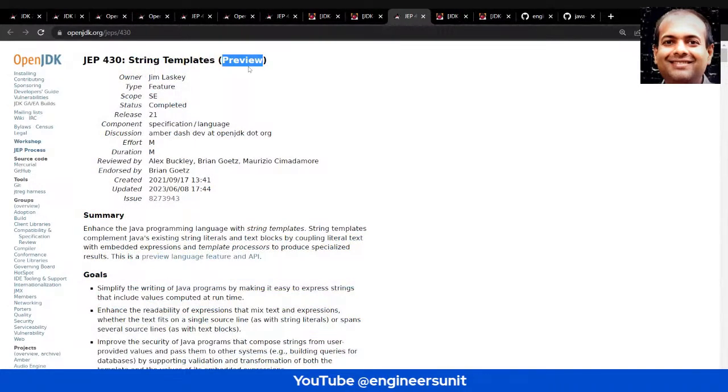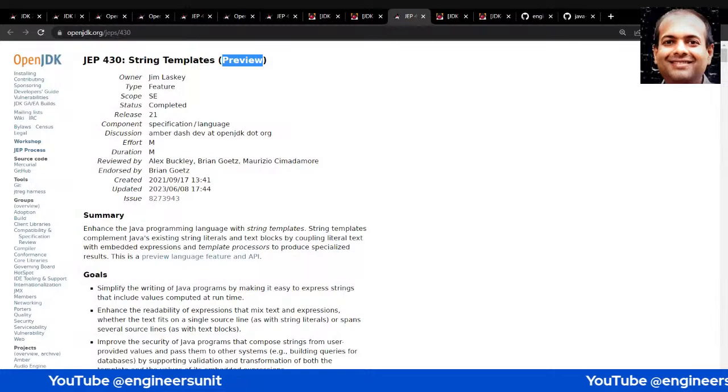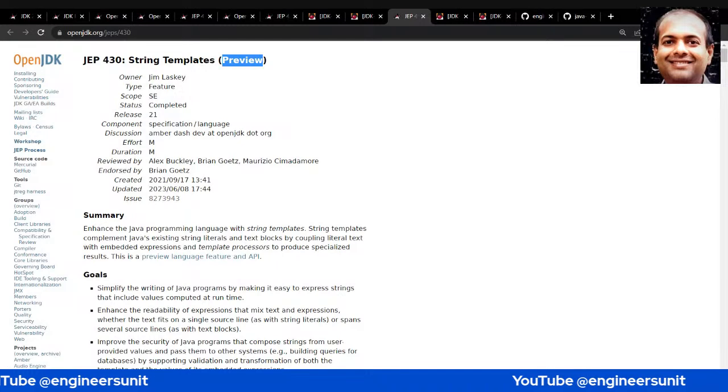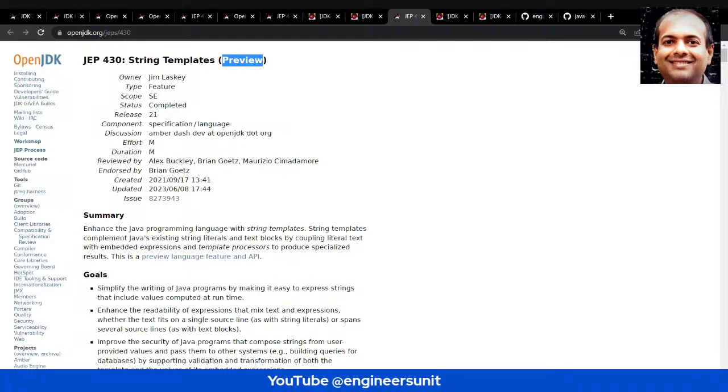I will also show during the live code session what the difference is between a preview feature and a non-preview, as in the integrated, feature. In a preview feature, you have to give some extra flags. Many times, I myself included, I have found that when we are talking about preview features and non-preview features, most